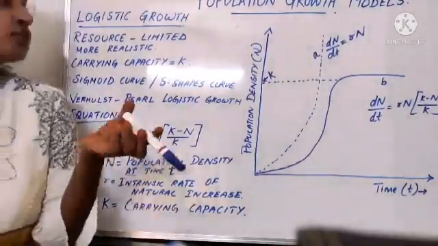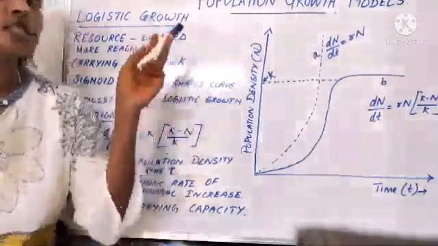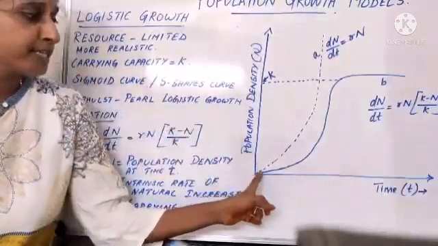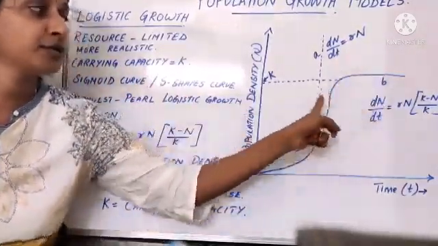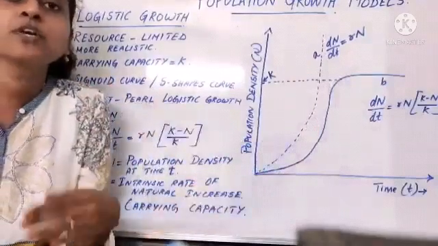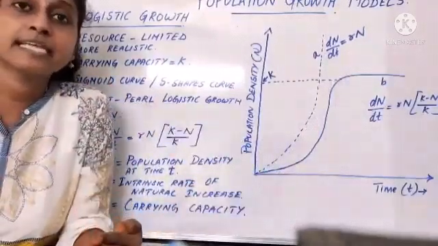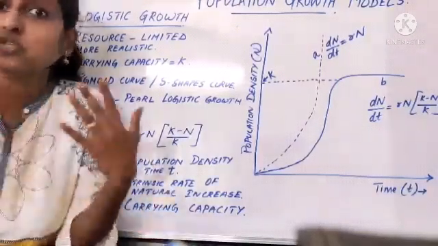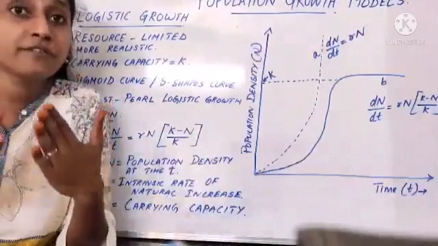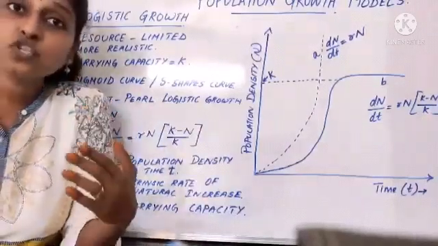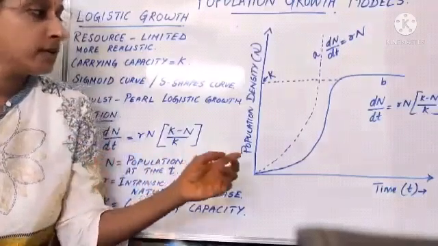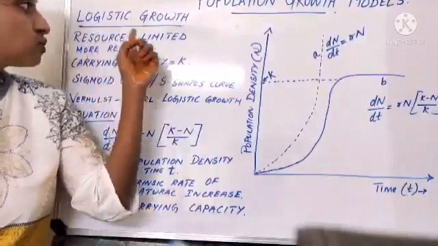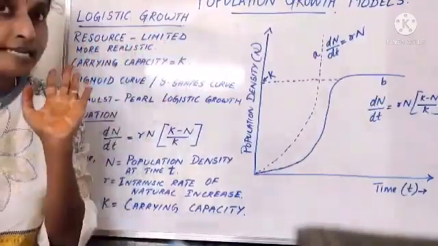Yes, the next population growth model we are going to discuss is logistic growth. The graph we are going to get is S-shaped. What is the graph we are going to get? S-shaped. So in logistic growth, the resource becomes limited. That is more realistic in nature. Resource is not always available, so resources are very limited. When the resource becomes limited, you get an S-shaped curve. So when does logistic growth take place? When the resource is limited. And it is more realistic.